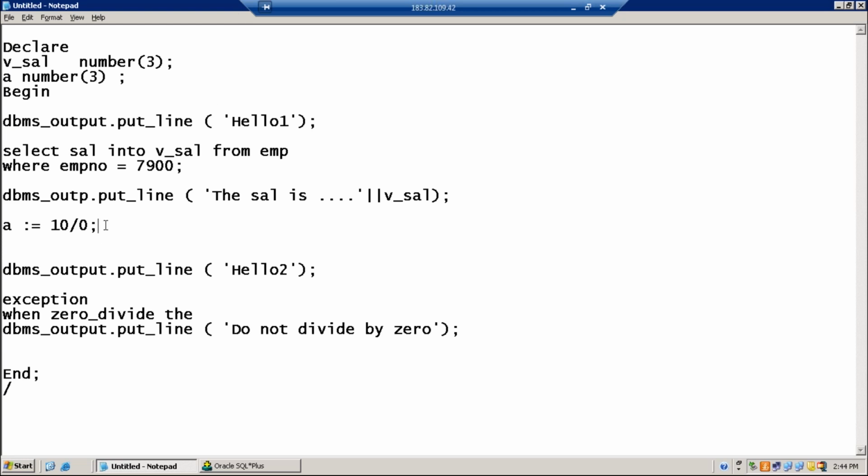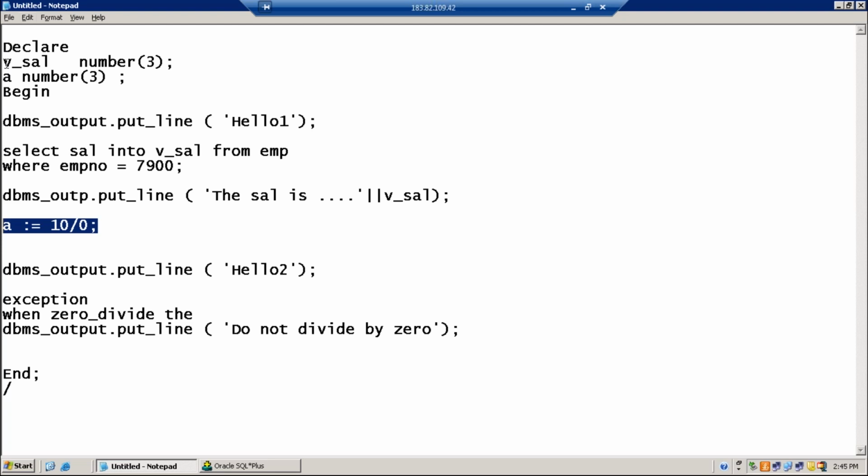Only this is the possibility of zero divide, or is there any other chance of exception? There can be a value error exception also. Tell me why, Jamal. Is there any possibility of a value error exception? When the size of the variable is not sufficient, the value error exception is raised.